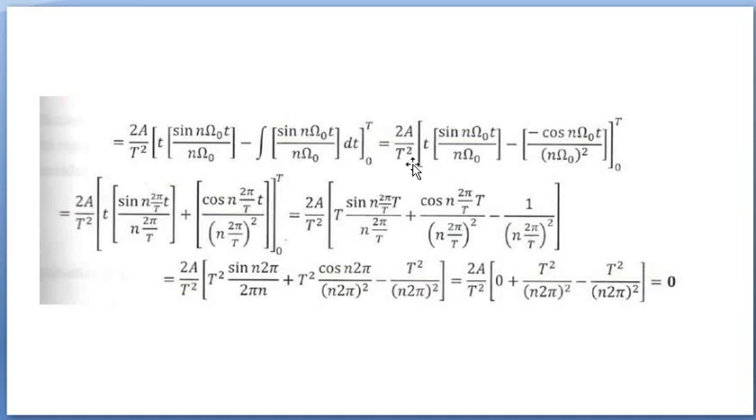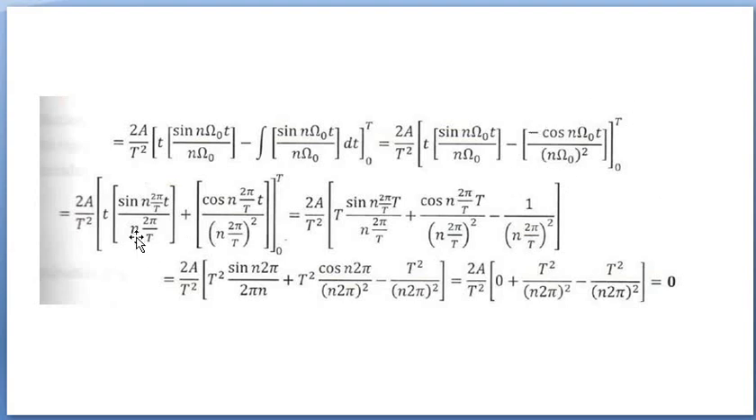2A by T square is a constant, and again integrate the second term. The first term remains the same, t into sine n omega naught t by n omega naught, minus the integration of sine n omega naught t, which is minus cos n omega naught t by n omega naught the whole square. The limit is 0 to T. Substitute the integration limits, 2A by T square, upper limit is